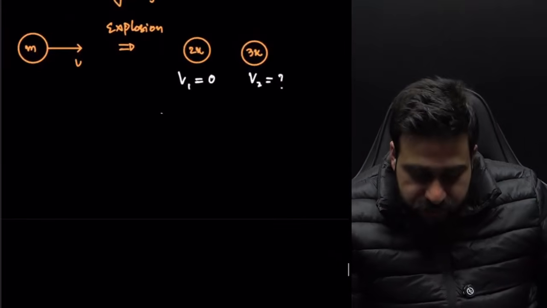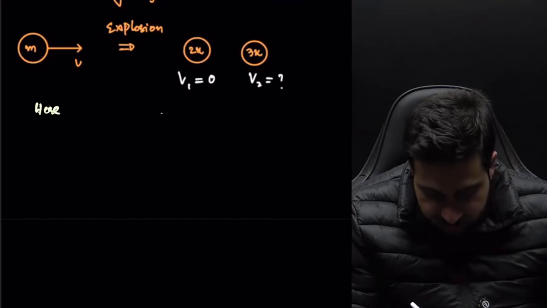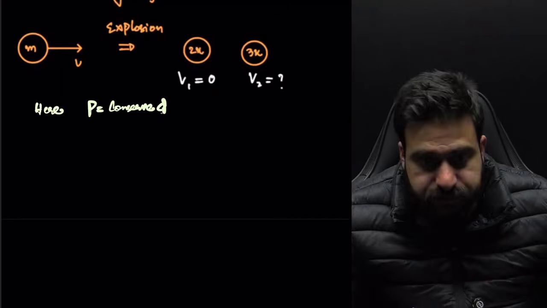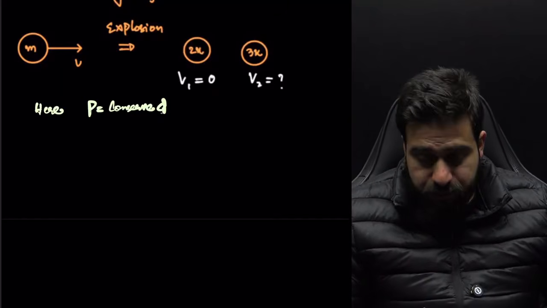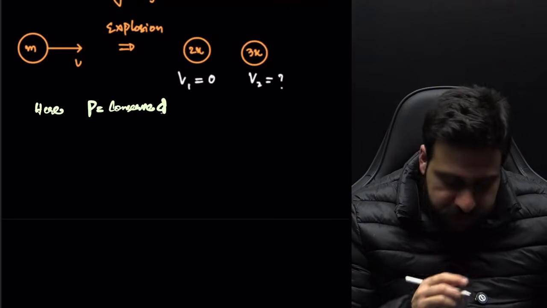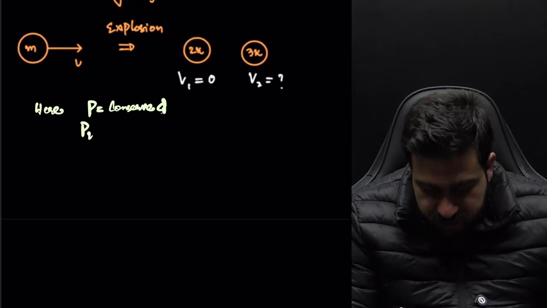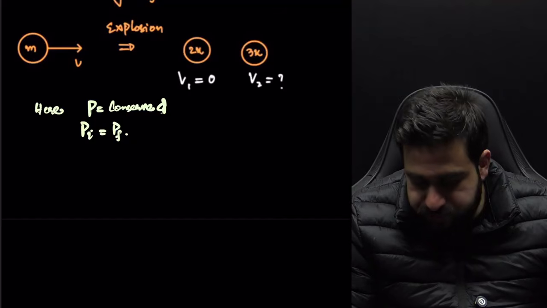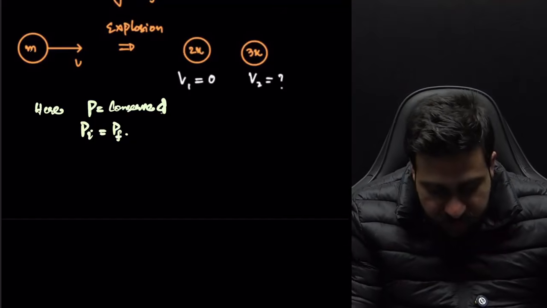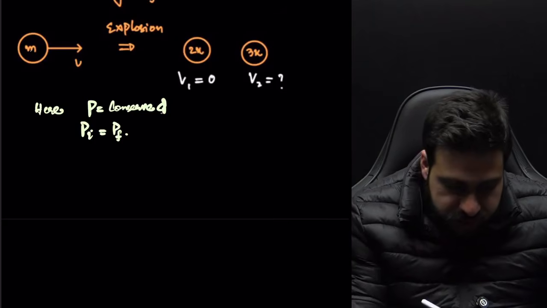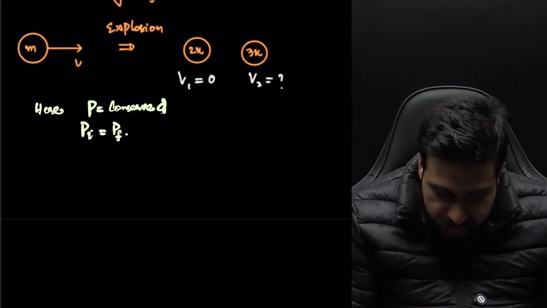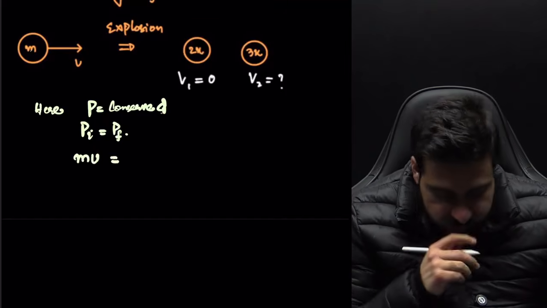So can I just write over here that momentum is conserved? Absolutely, sir. Without a shadow of doubt, momentum is conserved. Whatever is initial momentum will be final momentum. Initial momentum is equal to final momentum. What is initial momentum? That is mass into velocity. The mass here is M and the velocity is U. So M into U will be equal to